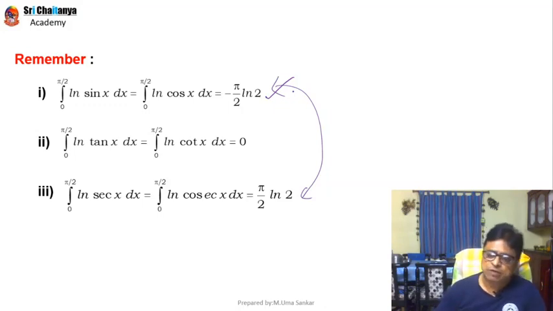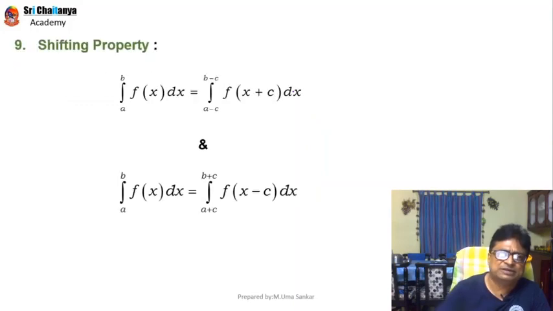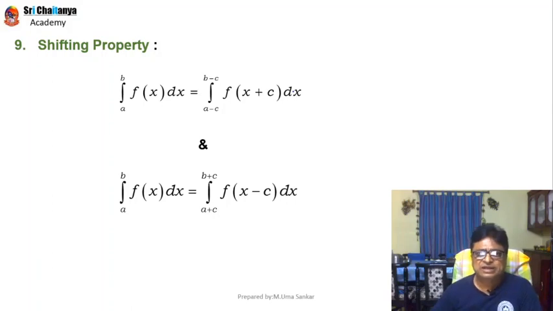Okay. Now my friends, coming to the next beautiful property, which is property number 9, nothing but the shifting property. Of course, here I am giving these shifting properties and the beauty of these properties. Without the help of these properties also, we can solve the problems. But sometimes they may be useful for you for solving other problems in 2 or 3 steps. That is, practice makes a man perfect, the principle you apply.